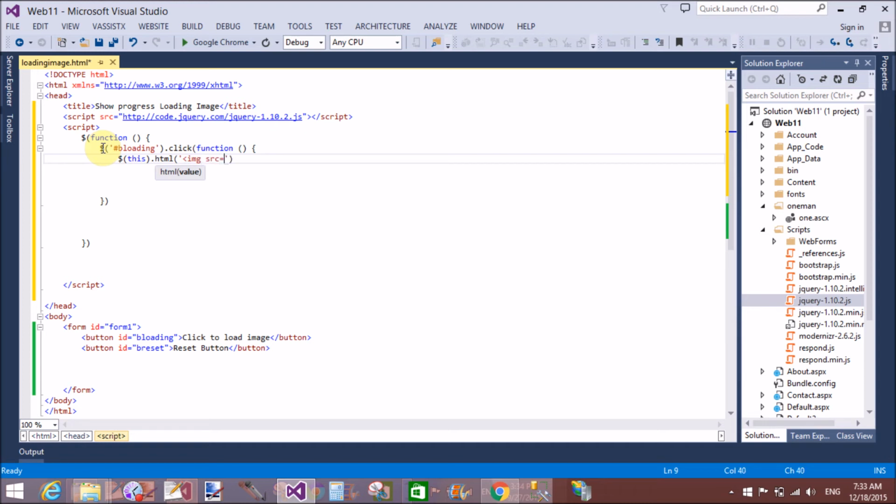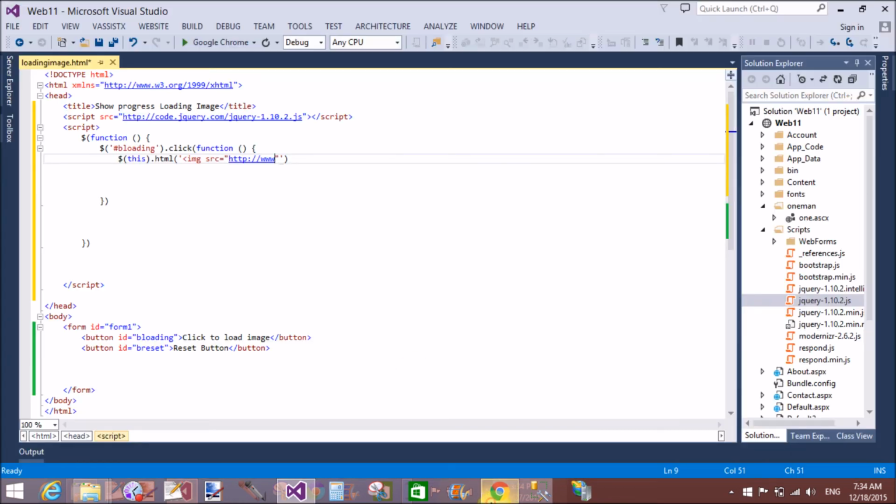I want to insert an image on the button control by using the image tag. The source of the image file you can add into your website folder, or you can use the actual location of the file where it exists. So here we use www dot, that is the location.